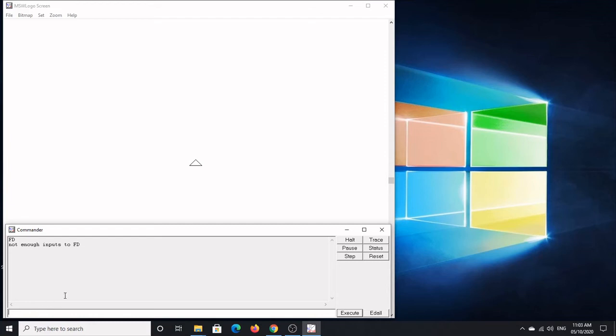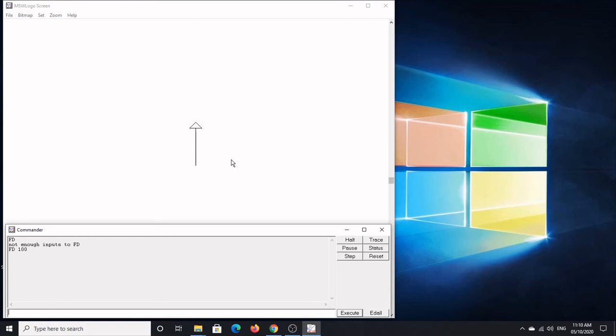So again I am typing here FD now. Give a space, space is a must. If you don't give space, again it will give you error. Give a space and then give the input. 100 I have given, you can give some other number also, 150 also can be given. And now I will press the enter key. Can you see my turtle has moved 150 steps, and you can notice over here there is a line drawn. So the job of the turtle is to draw whenever it moves. When the turtle moves, it always draws a line.